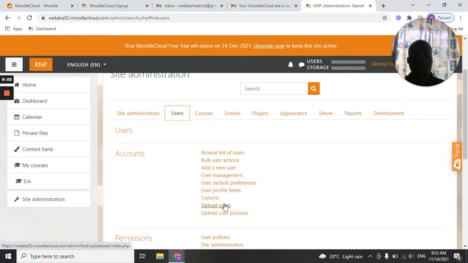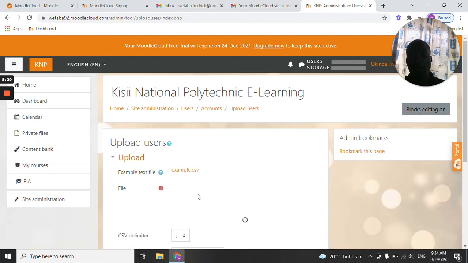This one will make your work easier. You will create the users using their username, first name, last name, emails, and their passwords. You'll create them in an Excel sheet, then upload the users. And we're going to demonstrate how to add users